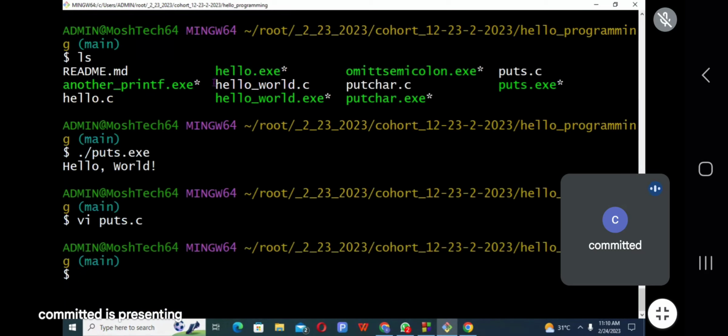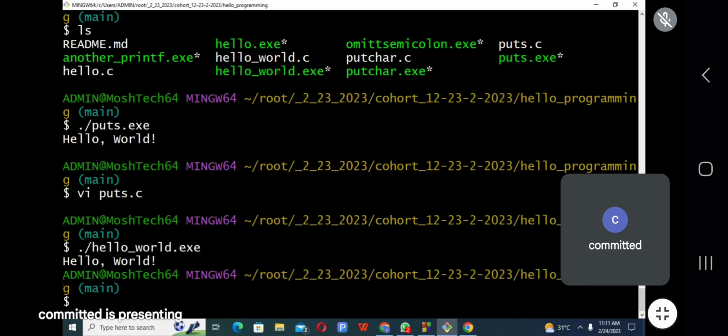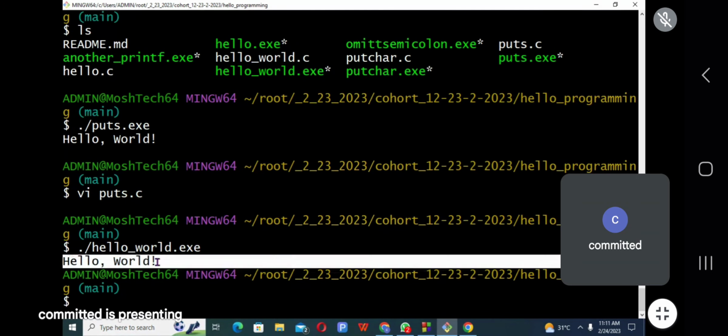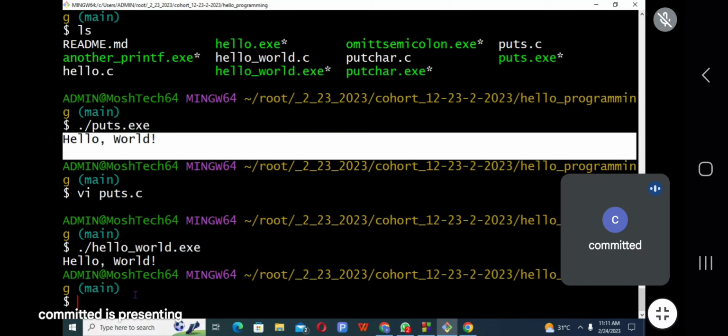We know this is our what? Printf. This is our printf file. Now this is the executable file. Now, this is the hello world. And we see there is no what? No new line. But here, there is a new line.